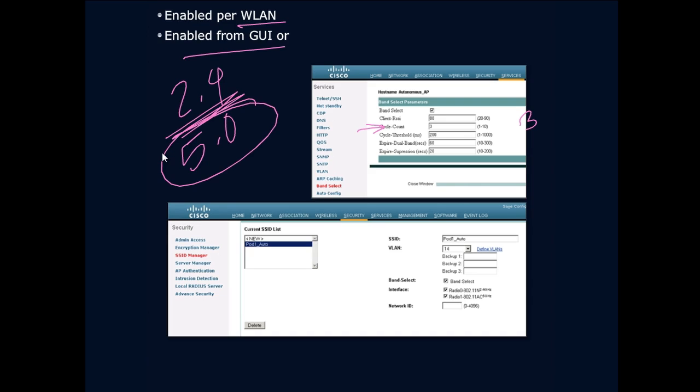We have other settings here. We have our expire dual band, expire suppression. We have our cycle threshold, our client. So how many times are we going to cycle through? How many times are we going to ignore a cycle? How long are those cycles that we're going to wait? What's the expiration time? So if a client supports 5 gigahertz, we really want to try and put them on 5 gigahertz. Like we said earlier, 2.4 is a crowded waiting